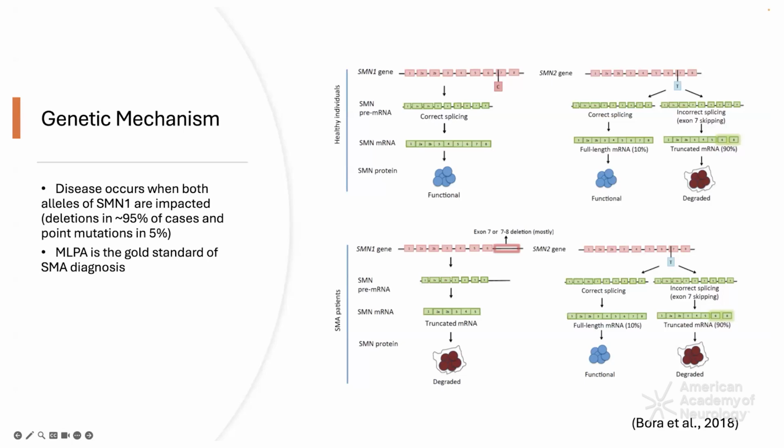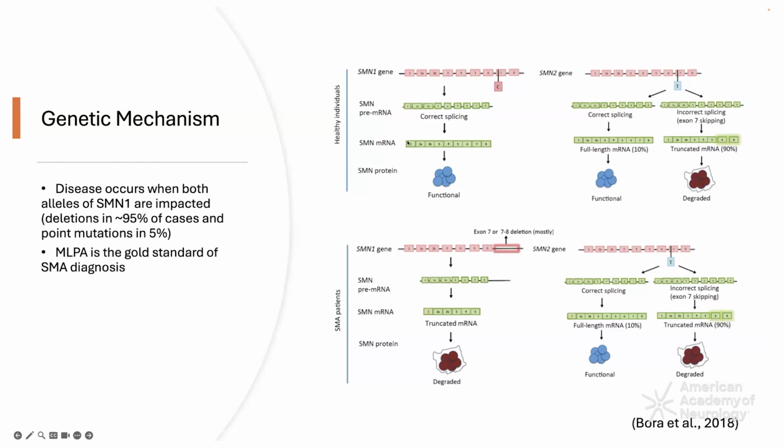However, there's a C to T transition in exon 7 of SMN2, which disrupts the splicing of SMN2 pre-mRNA. That leads to exclusion of exon 7 from the transcripts, and that results in nearly 90% of the protein synthesized from SMN2 mRNA being truncated, and then only 10% of full-length protein produced, which is not adequate to compensate for